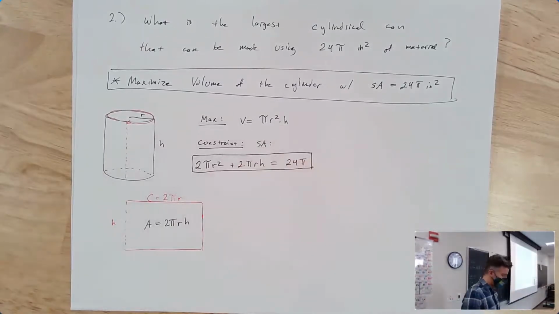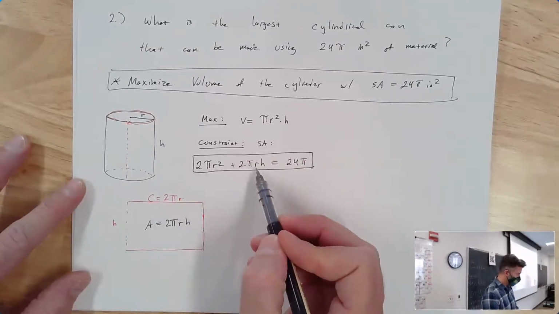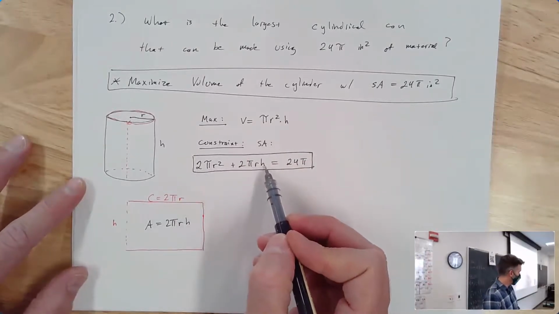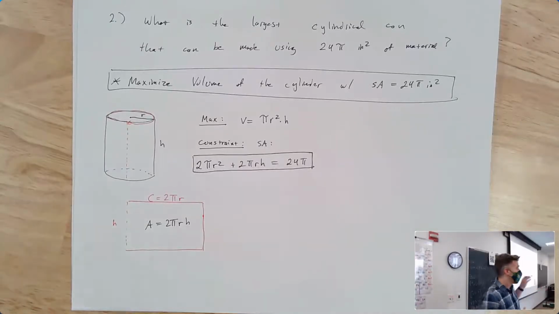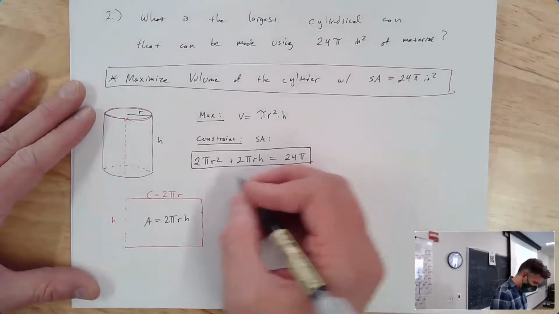So what's going to be easier to solve for? The radius, which is occurring twice, or the height, which is occurring once? Definitely the height. There are rare instances where it makes more sense to solve for the more complicated thing. Next class I'll show you one of those, where you have pi r squared equal to something, and it actually makes more sense to solve for r squared. But nine times out of ten, it makes more sense to solve for the thing that's simpler. So solving for h,